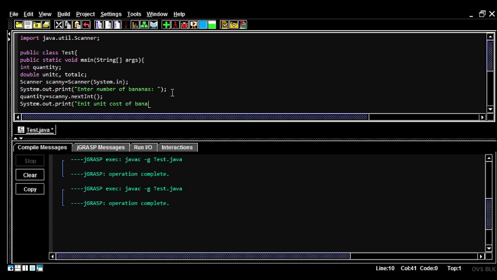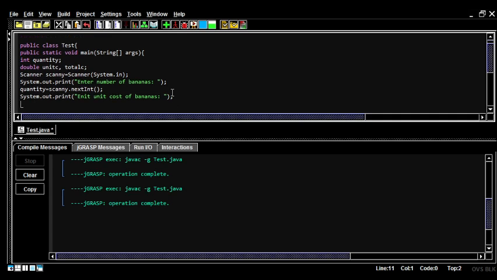I guess it's a little unrealistic, like I'm going to charge per banana here, but just bear with me. We need to end the quotation with the double quotes, close parenthesis, semicolon, and then we're going to have our unitC, or unit cost, is going to be equal to